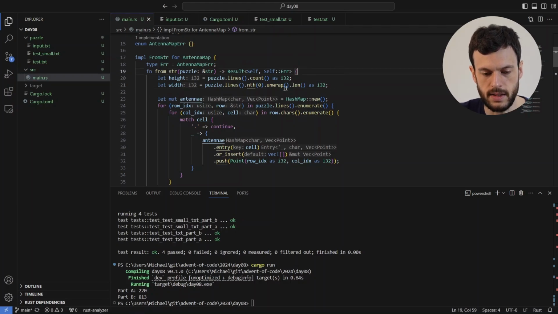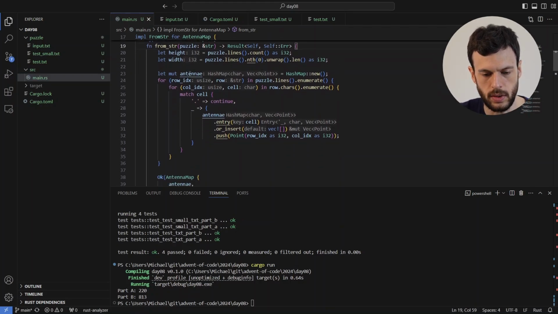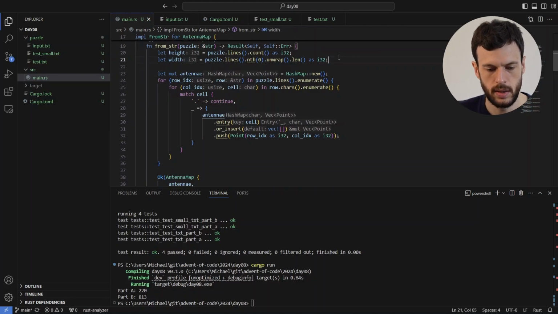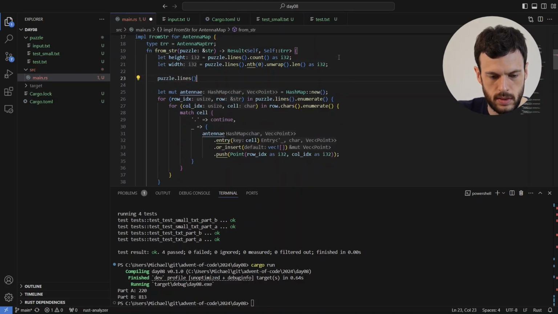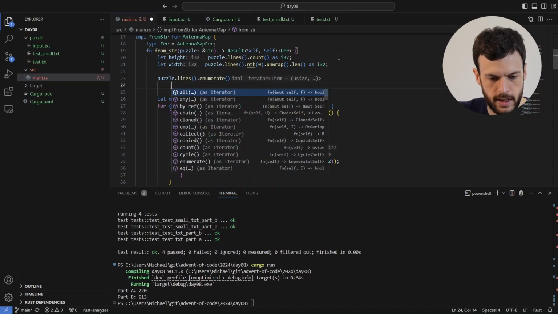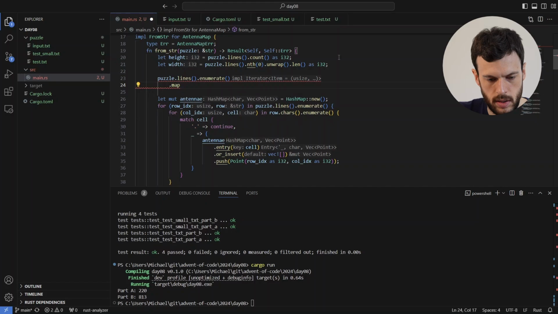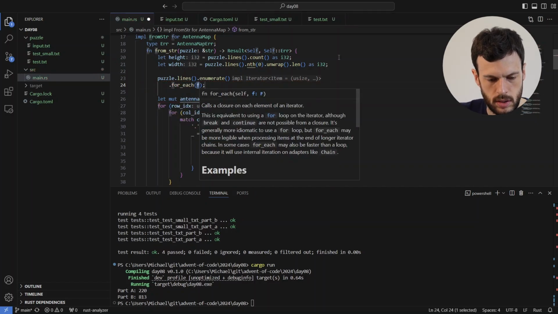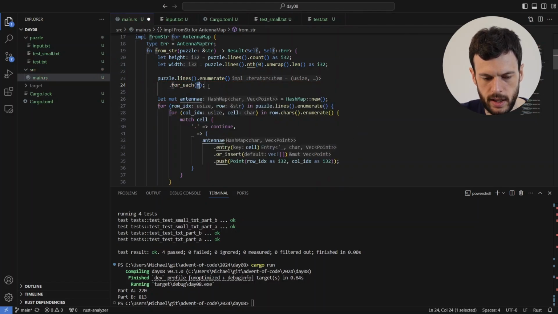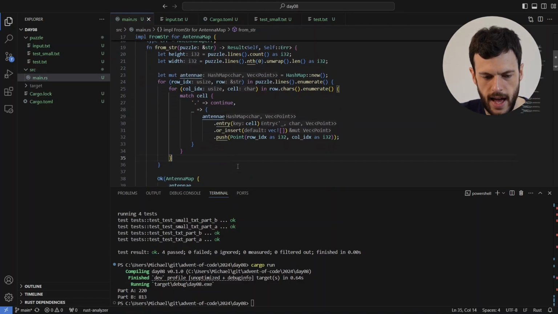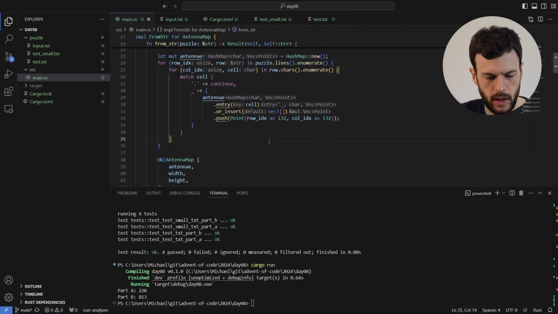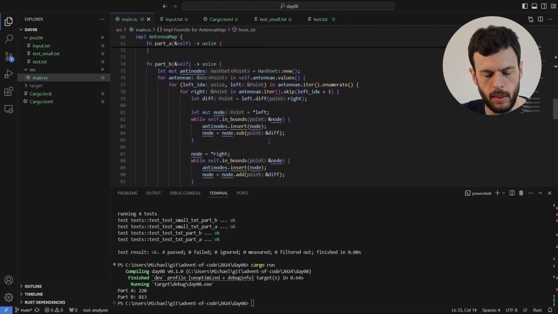Okay, so we've calculated the size of the map. Now we're going to do more of an inline initialization of this hash map. So we can do a puzzle.lines.enumerate. And it's going to, for each. I'm not sure we really need to functionalize this anymore. I think it doesn't really add anything. So I am going to leave this as it is, but for part A and part B, I think it'd